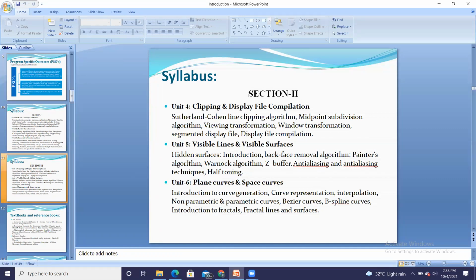We are going to remove such background surfaces which are not visible to us, and that is done by using different algorithms like the backface removal algorithm, Pentas algorithm, Warnock algorithm, and Z-buffer algorithm.